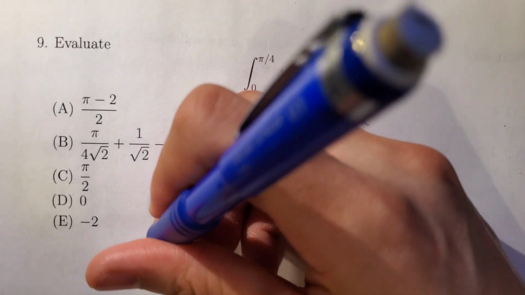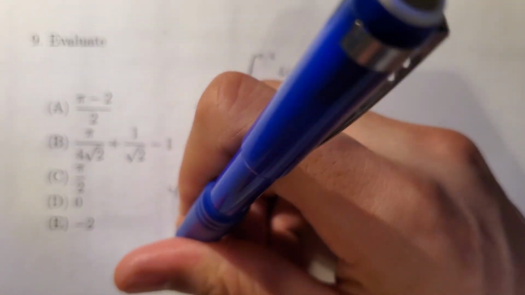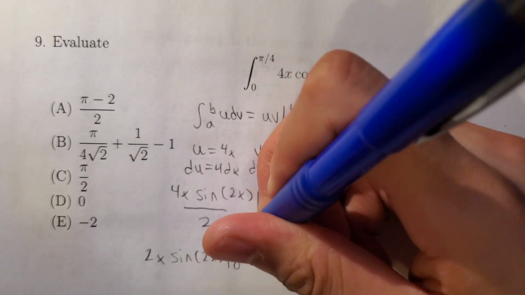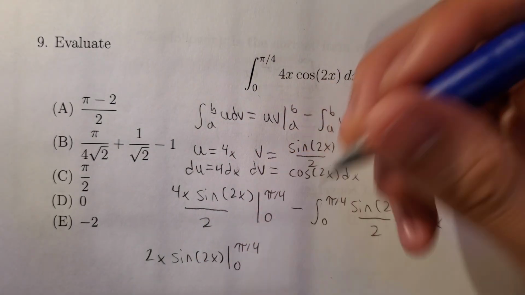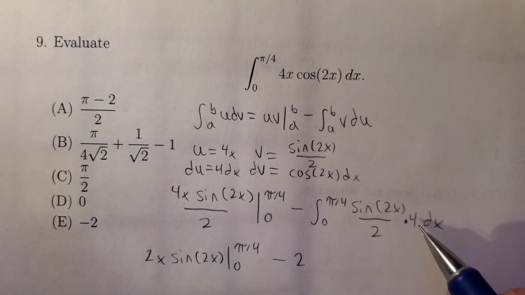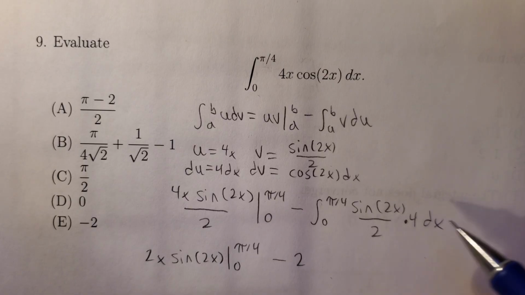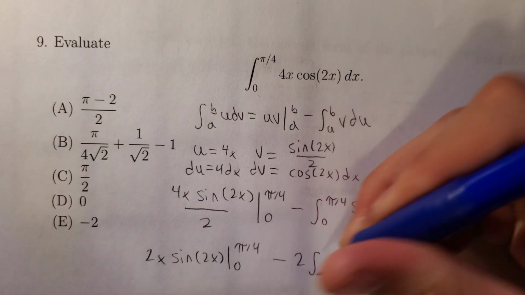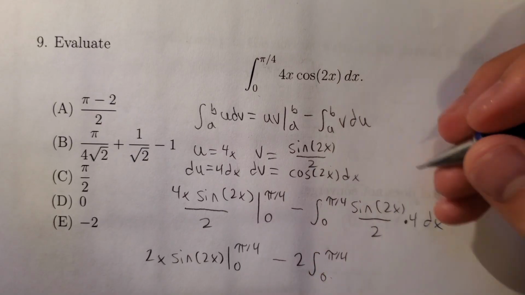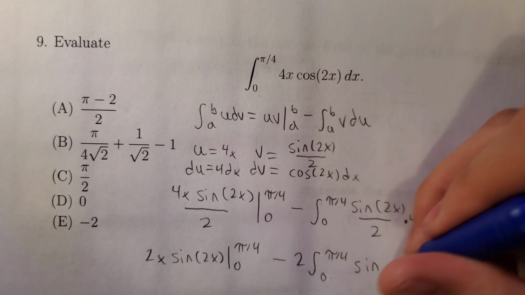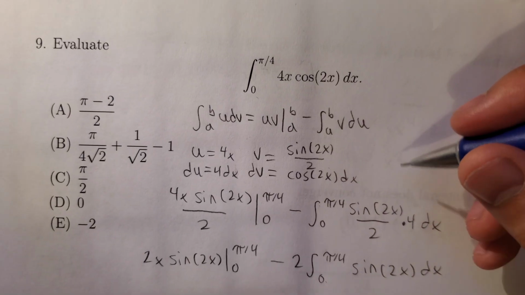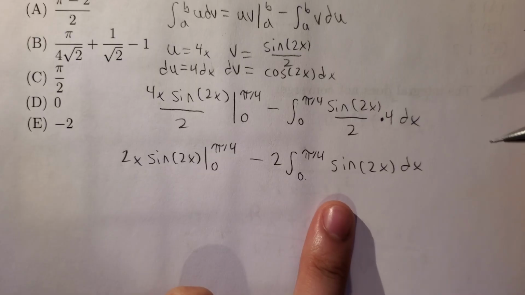So this simplifies down to 2x times sine of 2x evaluated from 0 to pi over 4 minus 2. We can also take out a constant here, because 4 divided by 2 is 2, and 2 is a constant, so I'll take that out of the integral as well. So you have 2 times the integral from 0 to pi over 4 of sine 2x dx. And then the integral of this is just